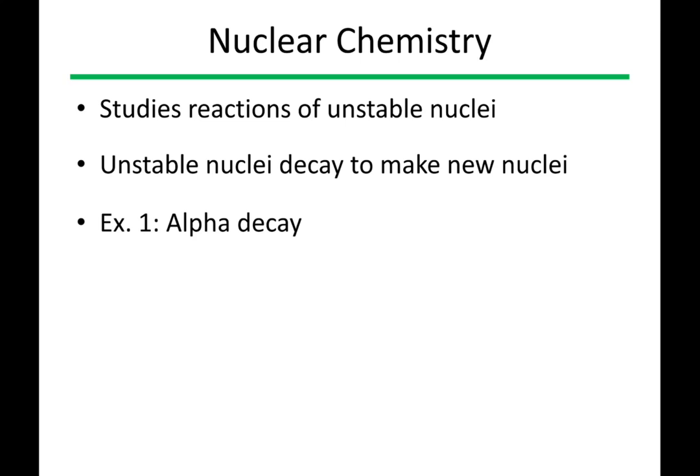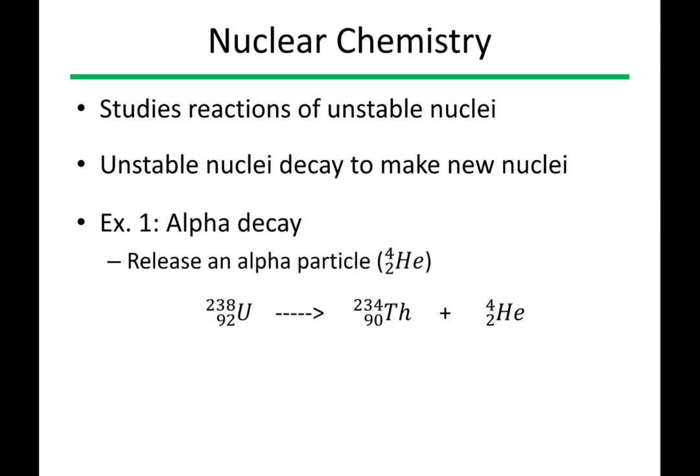The first one we're going to look at is alpha decay. So if we have this nucleus, in this case uranium-238, this will release an alpha particle, which is a helium nucleus. So you'll see it written as 4 2 He. Sometimes you'll also see it written as 4 2 alpha. So it will release the helium nucleus, and then we get this new nucleus from the uranium, which is a